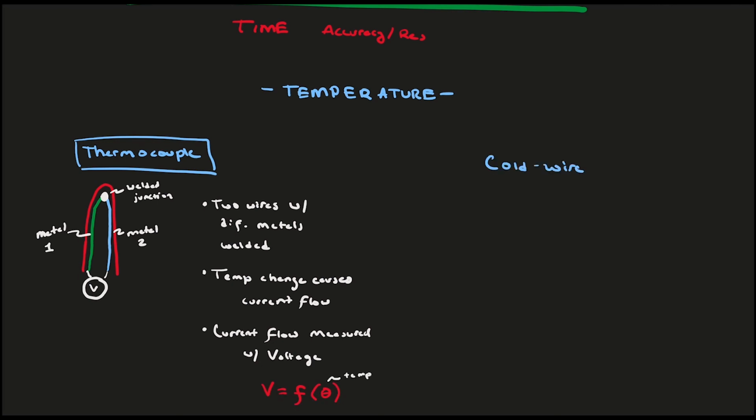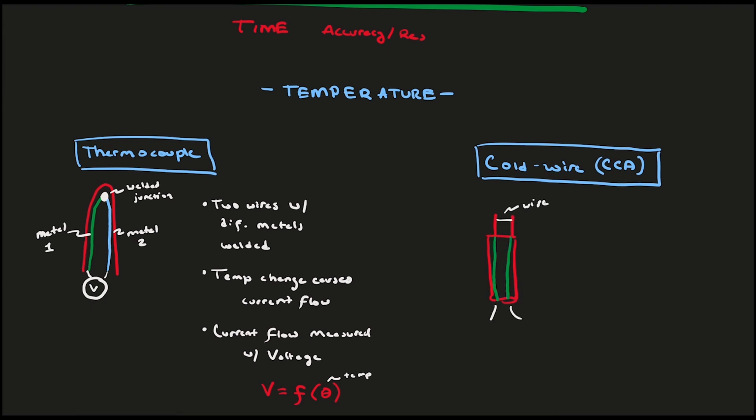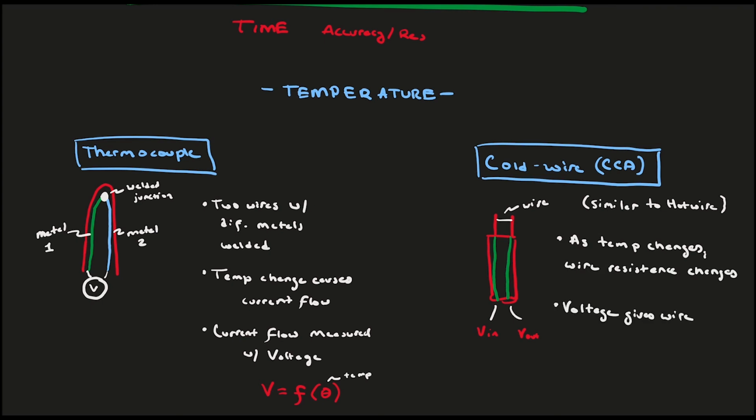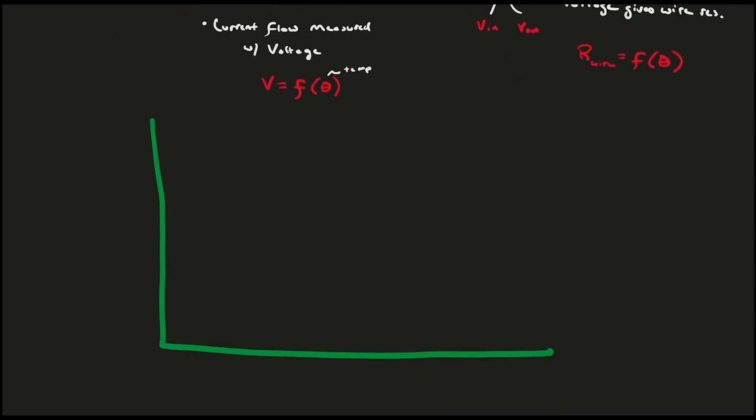Next, we have the cold wire anemometer, or CCA. This is the same idea as the hot wire that measures velocity, but here the wire is not heated. As the temperature changes, so does the wire resistance because a material's electrical resistance is a function of its temperature. You measure the resistance of the wire via the voltage drop across it, and you can map that back to temperature with the calibration. If we put these on our chart of spatial and temporal accuracy, the thermocouple is usually